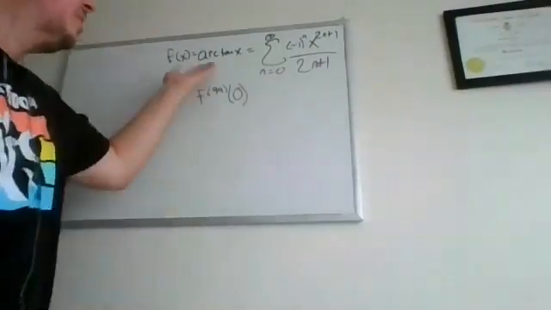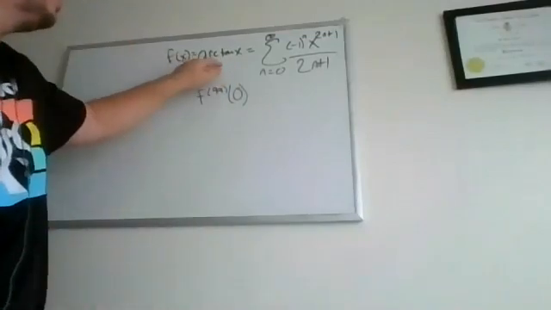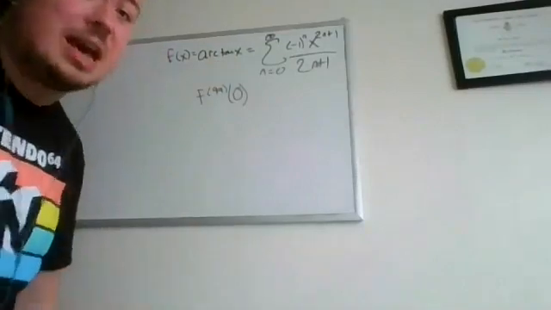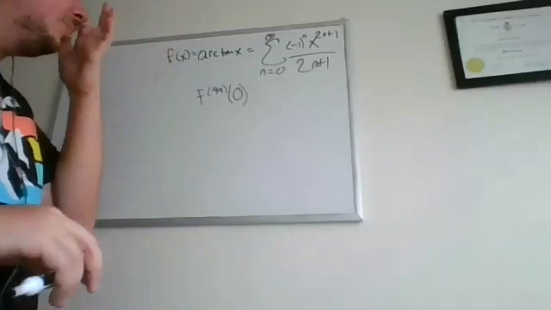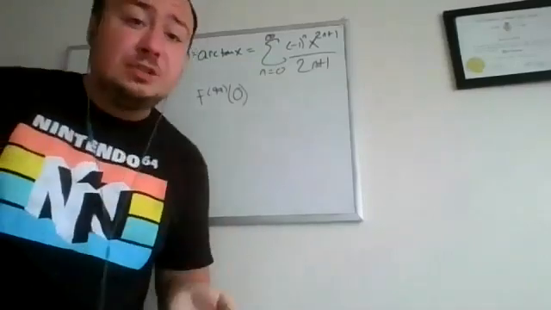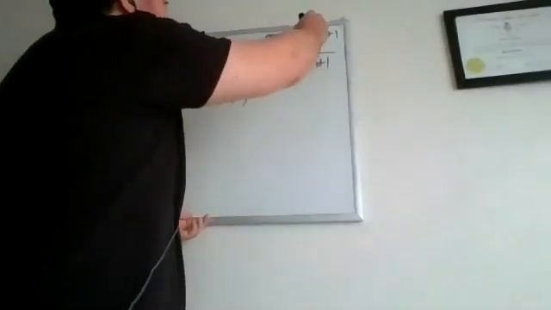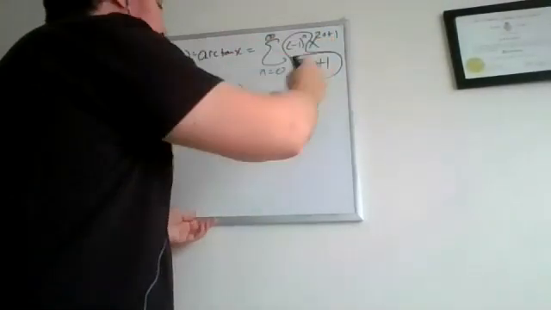Well, we could have done this in Calc 1 if we had a million years on our hands. We could have just taken the derivative and done a bunch of quotient rules to get out of that. But of course, that's really terrible. We don't want to do it that way. So how are we supposed to do this? Well, we're going to use the fact that this is a Taylor series. So all of these coefficients, (-1)^n over 2n+1,